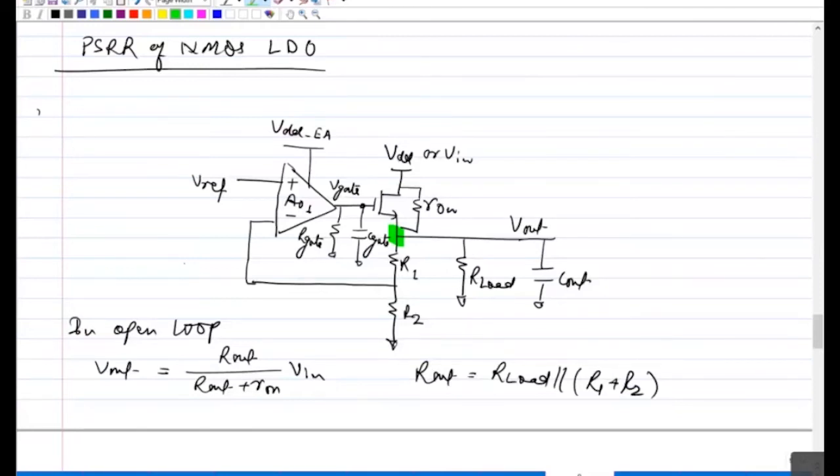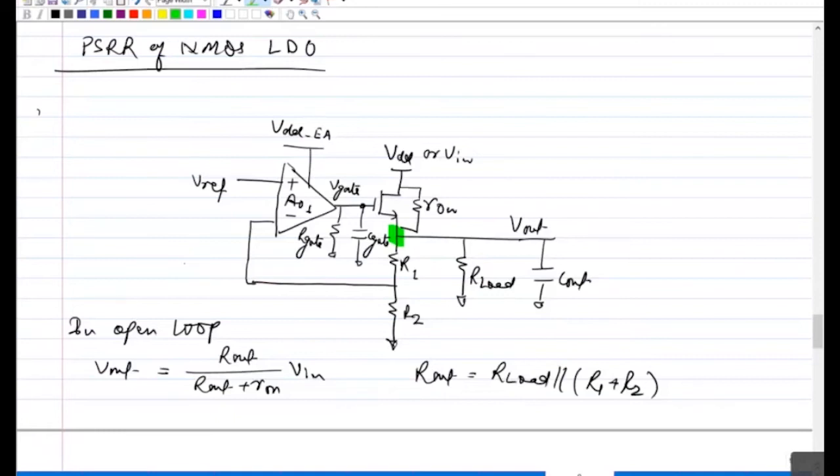It goes back to the same node, so kind of. Yeah, so it will oppose that, correct? So any change when it is opposed, what do we call that? What effect is that actually? Feedback. Negative feedback, correct? So that's the advantage of the source follower, that inherently you have a negative feedback. Any change in the output will be suppressed by the gain of your source follower, and the gain is nothing but GM R out. Okay, so you get a two suppression here.